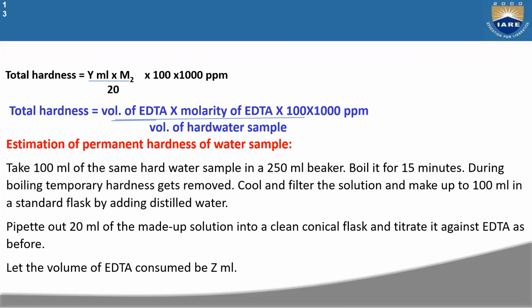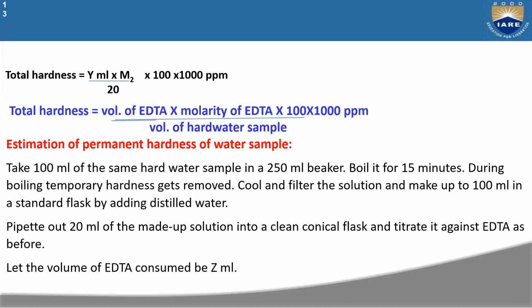Okay, so we have to estimate the permanent hardness of the given water sample. Only the permanent hardness, so we have to remove the temporary hardness. How do we remove temporary hardness? By boiling. 100 ml of the given hard water sample is boiled for 15 to 30 minutes,